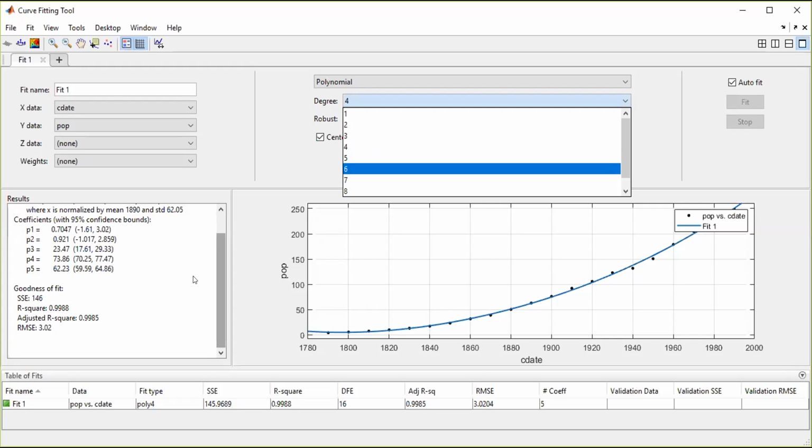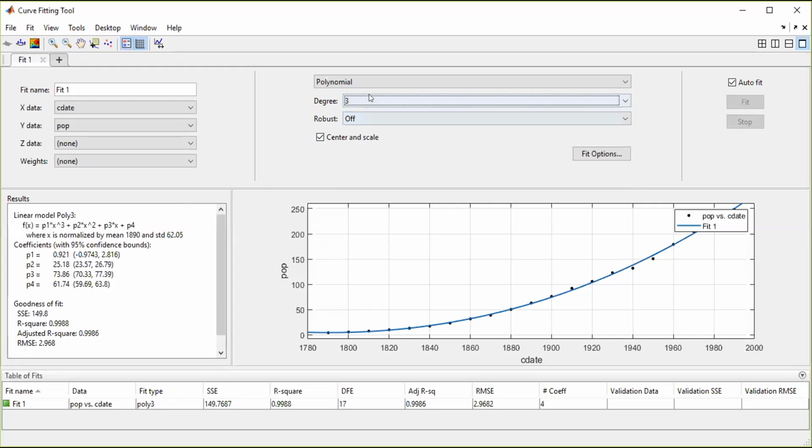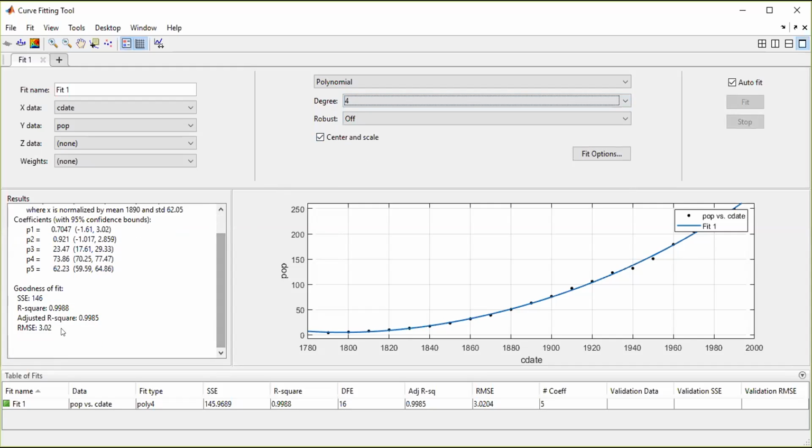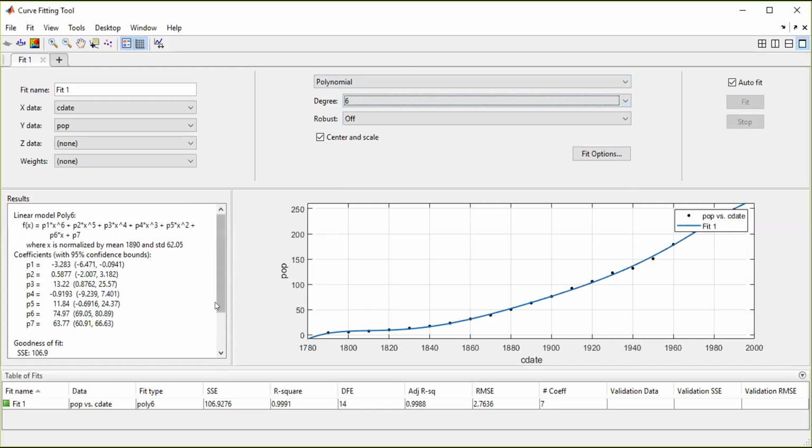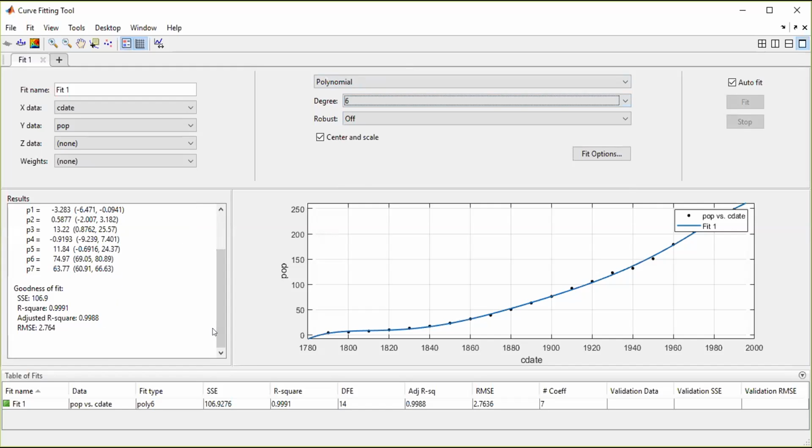So 4 degree से इसका जो root mean square error है 3.02 आ रहा है, but 3 पे या फिर 2 पे जो हमने देखा था that was 2.9. So there is a difference. Rather you can say कि 4 degree polynomial की fitting पे आपका root mean square error जो है वो बढ़ गया है, it's increasing. Sum of squared errors जो है आपका कम हुआ है, but that's very minutely less, but root mean square error is increasing, sorry. And then you can try even with higher degrees. So it remains comparable. So जब आपका error comparable है, ज़्यादा high degree पे आपको जाने की ज़रूरत नहीं है,